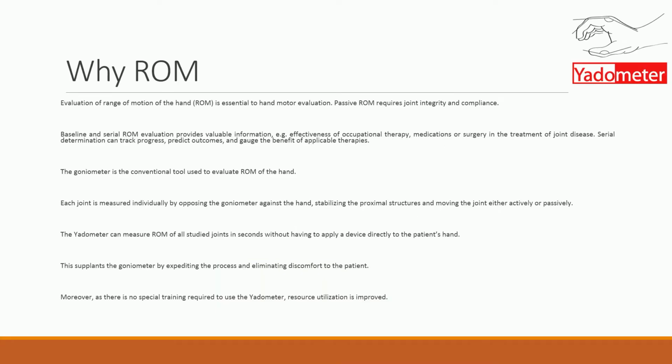Why range of motion of the hand? The range of motion of the hand is an essential part of the exam of the hand. The active range of motion is essential to determine motor function, and the passive range of motion requires joint integrity and compliance of the joints. Baseline and serial range of motion provides valuable information such as progress with occupational therapy,